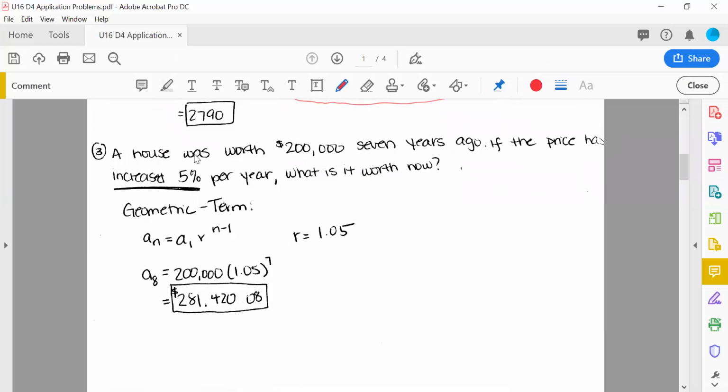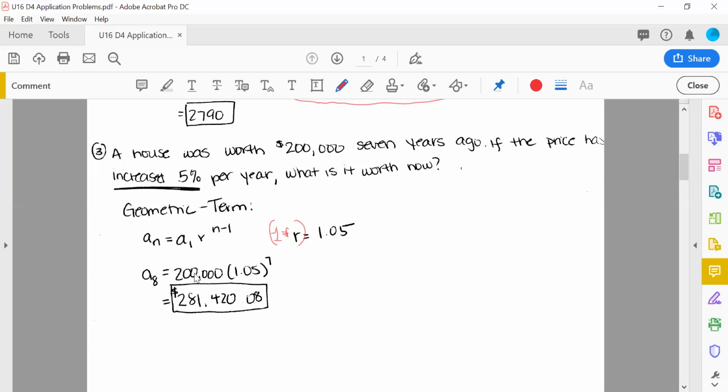Okay, a house was worth $200,000 7 years ago. If the price increased 5%, so once again, exponential growth. So technically this is not r, remember, it's 1 plus r because it's exponential growth, but it's the same thing. What is it worth now? So you could think of it like this. If you count year 0, it's 8 total terms. But if you just think 7 years ago,